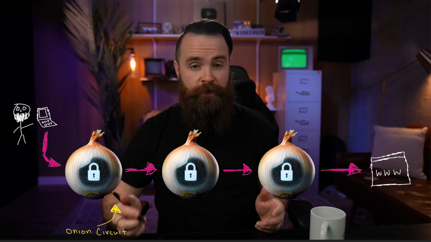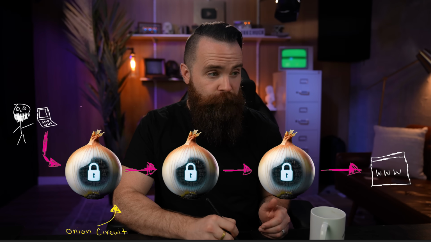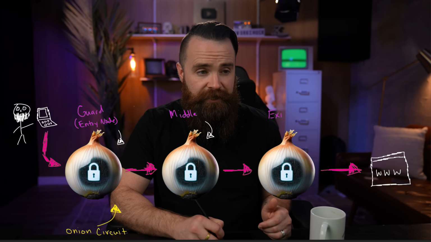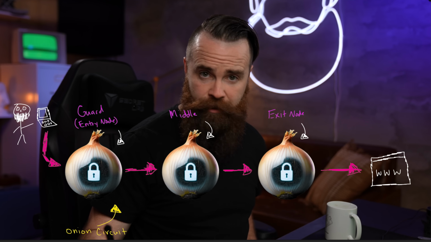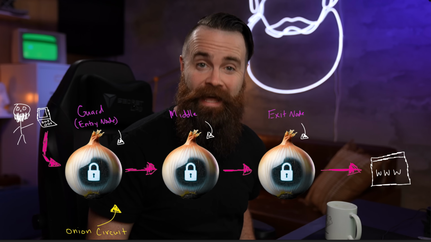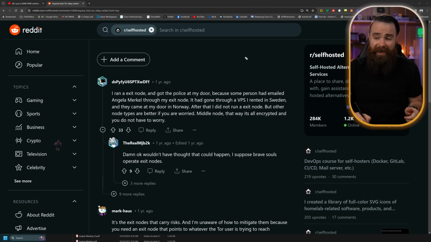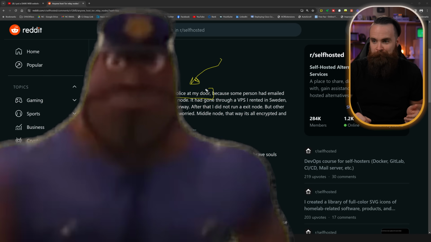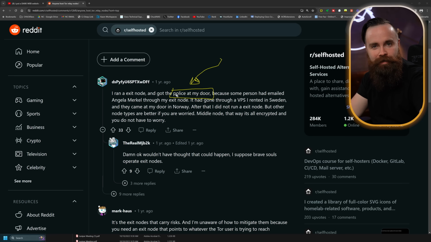That's the end of our scary story. Looking back at our onion circuit, we have 3 types of relays. The first one is the guard, or entry node, the second is the middle, and the last one is the exit node. Now let me get this out of the way. You do not want to be the exit node, at least not right now. According to the experts on Reddit, the police could show up at your door, which happened to one dude here. Now, why does that happen? And that probably scared you, right? The exit node is the most